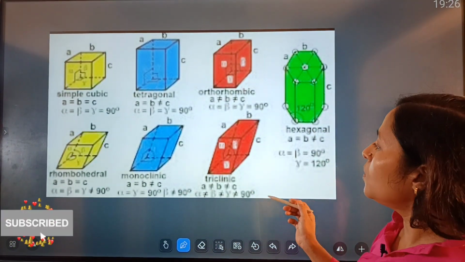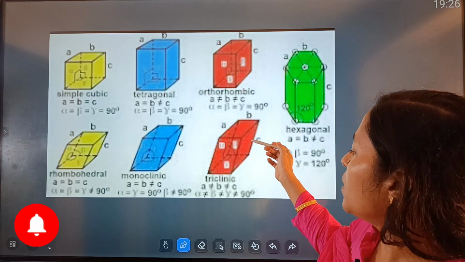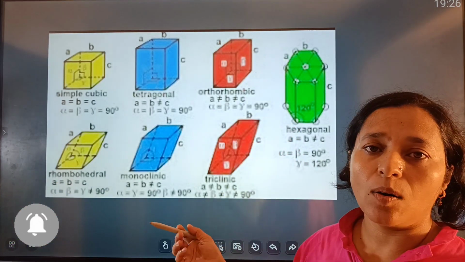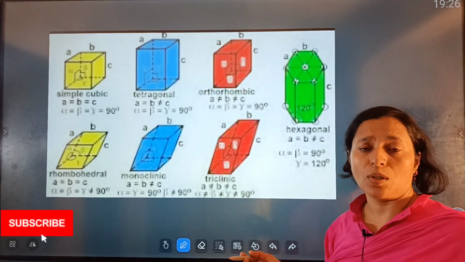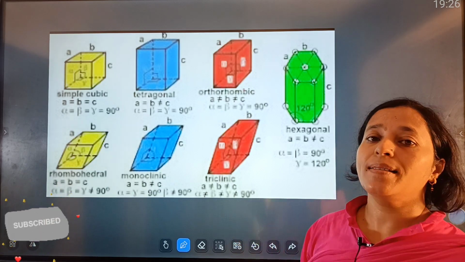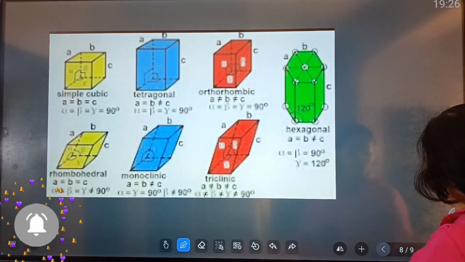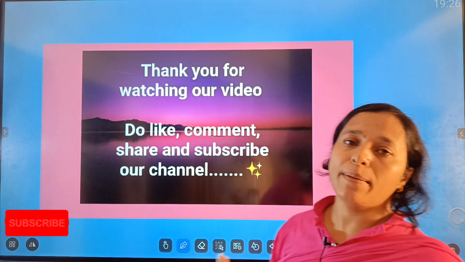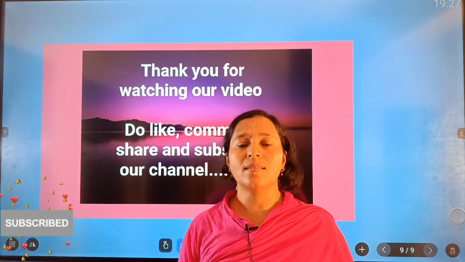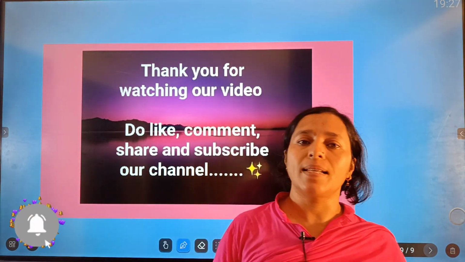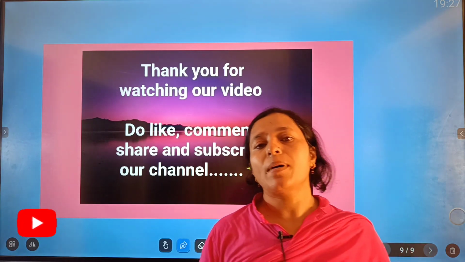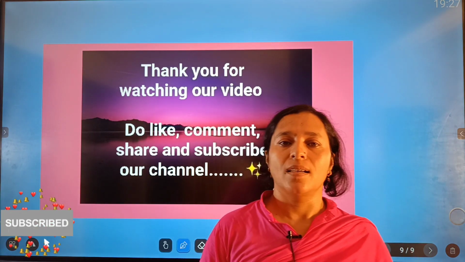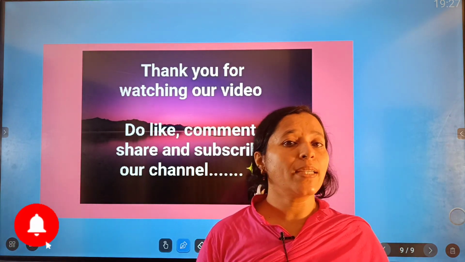As I have explained you, all the three sides they are not equal to each other, and similarly all the three angles are also not equal. You should understand all these things, and if you just practice it, you will be able to get it. The more you practice in the solid state about these crystal lattices, the more you become aware of their angles and the sides.